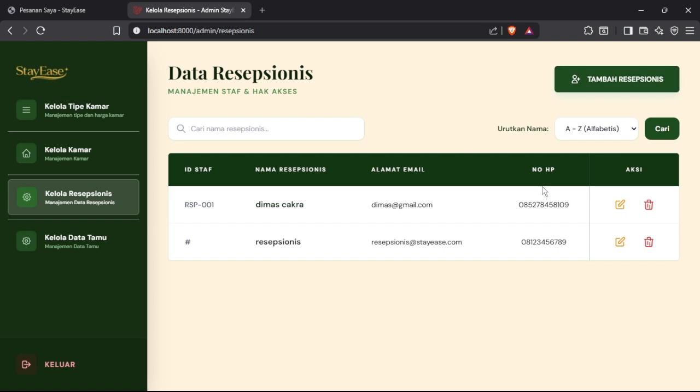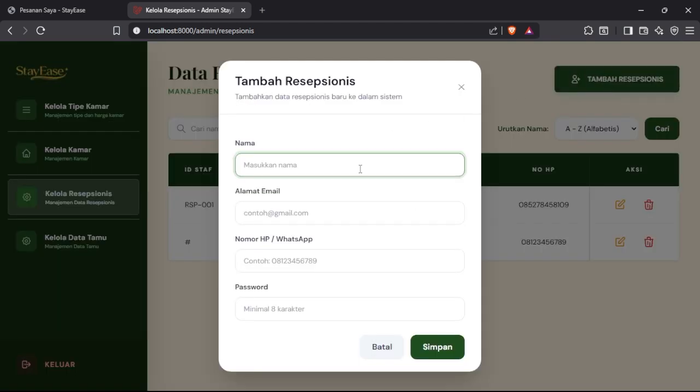Then there is manage receptionist. In this page, the admin can add a receptionist by filling the form, like the name, the email, the phone number, and the password.